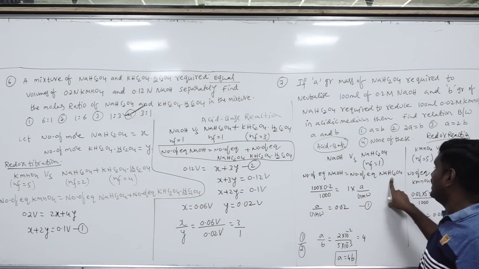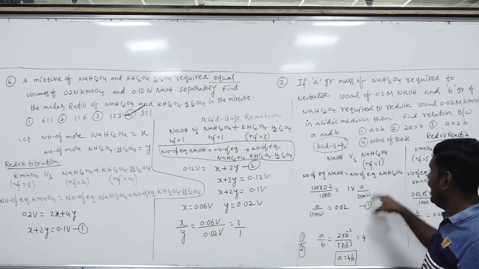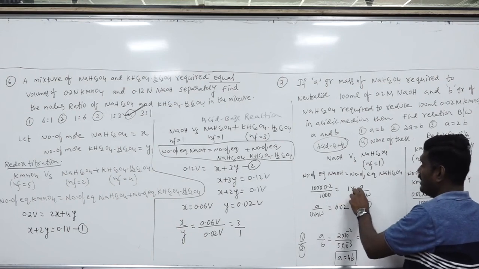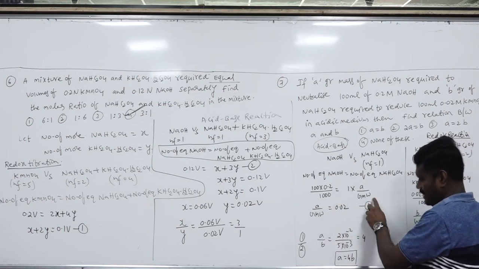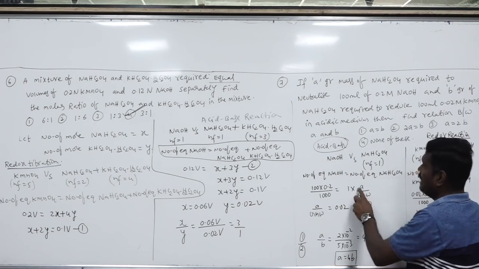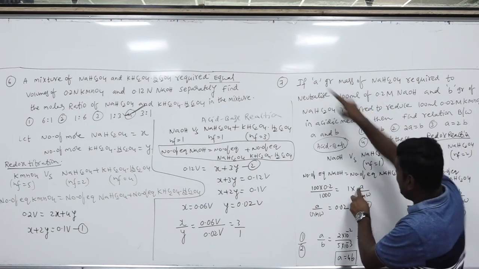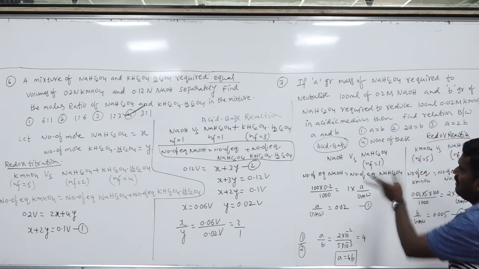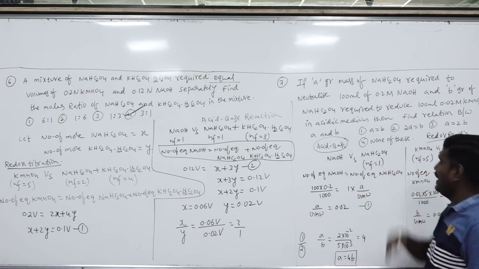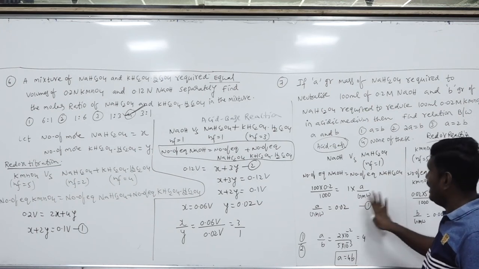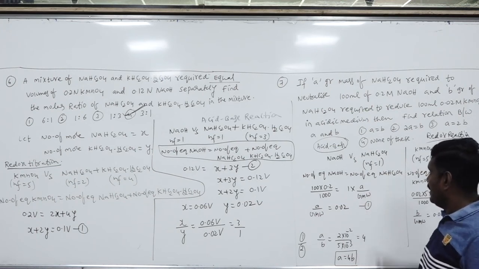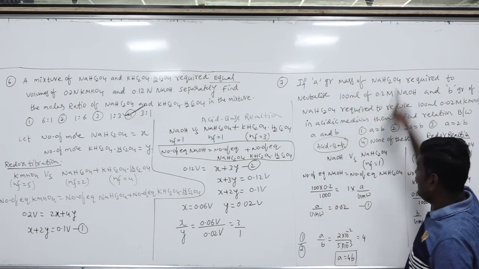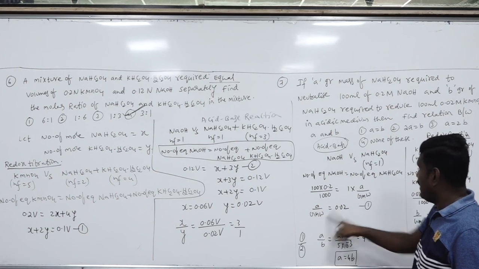Here the number of equivalents is equal to number of moles into n factor. Number of moles is given mass upon molar mass, given mass A grams. So I am writing the gram molecular weight because in both the cases the gram molecular weight will be the same, so in the ratio they will get cancelled. That's why I am writing gram molecular weight as it is. Okay, equation 1. A is the weight of the sodium hydrogen oxalate in grams and GMW is the gram molecular weight.